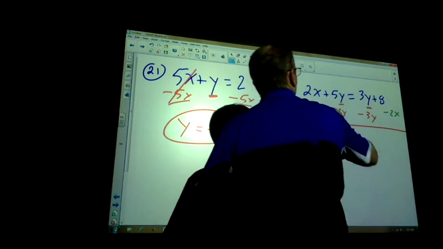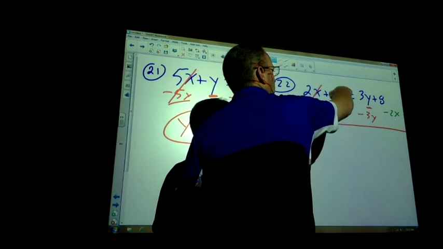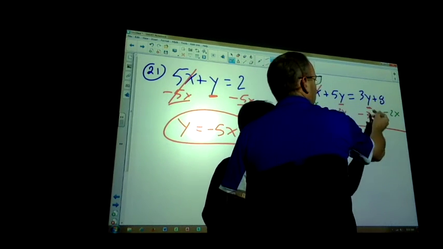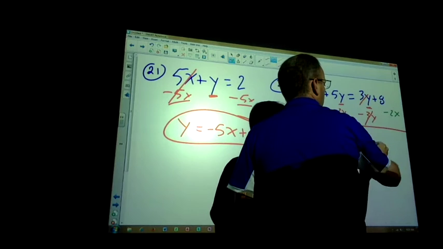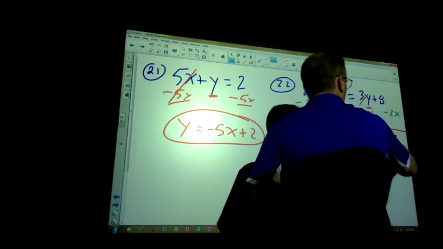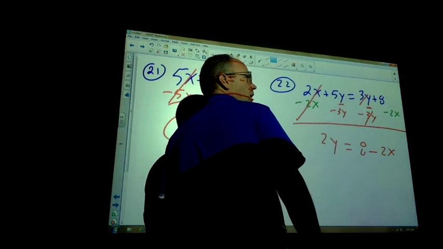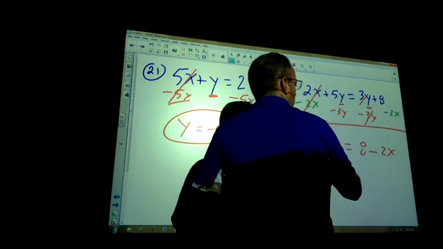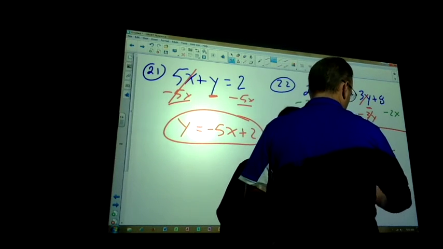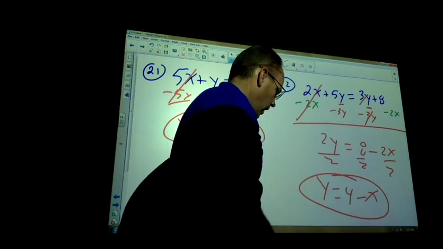So watch this. That's gone, right? What do I have here? 2y equals, what do I have here? Nothing. Yeah, those cancel. What do I have here? 8 plus negative 2x, or 8 minus 2x, right? Have I solved for y yet? What do I do? Y equals 4 minus x. Okay, so